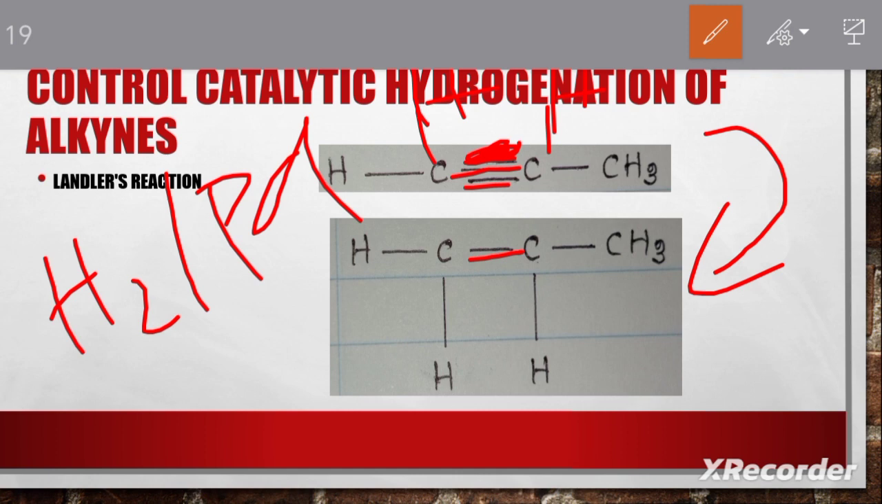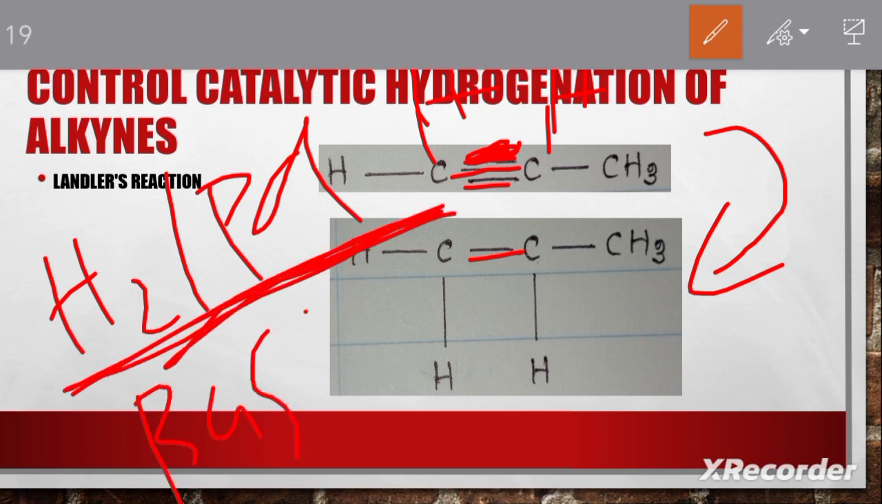So if we add hydrogen and palladium only, this alkyne will directly turn into alkane. If we only add hydrogen and palladium directly, this alkyne will turn to alkane directly. Here our purpose is to produce an alkene, so we are going to inhibit this reaction by putting barium sulfate quinoline,